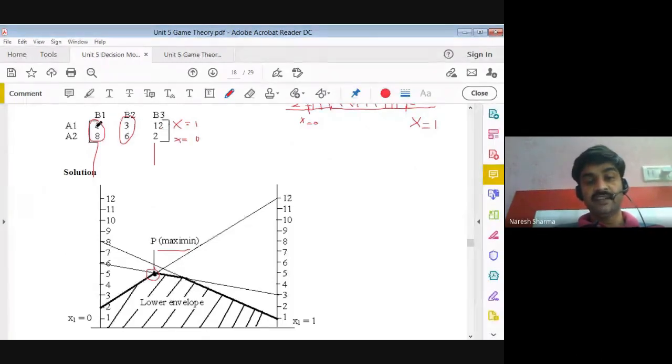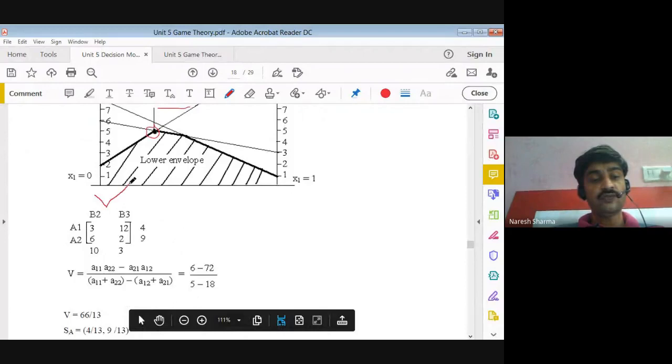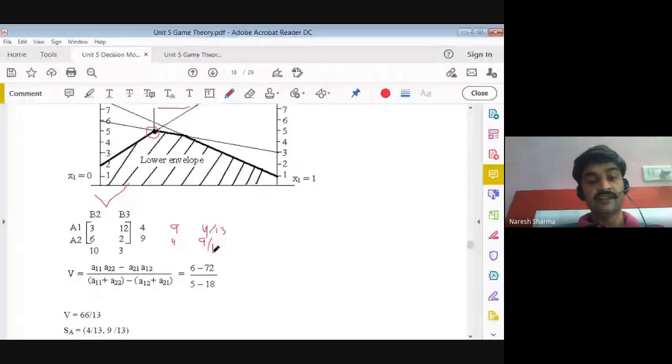columns only, right? And now we have your new matrix, a 2 cross 2 matrix. So a 2 cross 2 matrix we can solve algebraically and arithmetically. So arithmetically I'm doing here. For the arithmetic method, you can just take the difference between these two, and the difference is 9. So the difference is 9, right? And this difference is your 4. So we can write this 4 here and 9 here. Now we can add these two. That addition is your 13. So we divide this by 13, and we also divide this by 13. Same we can do here.